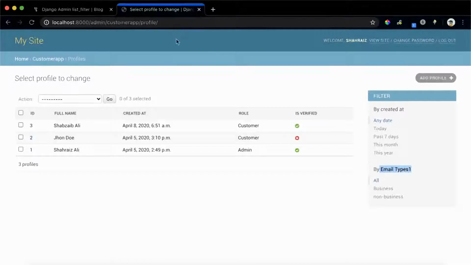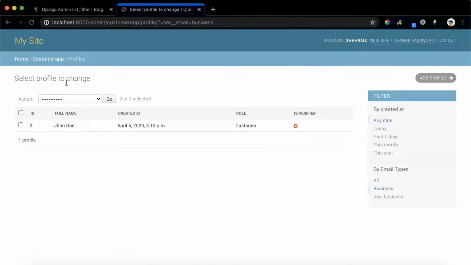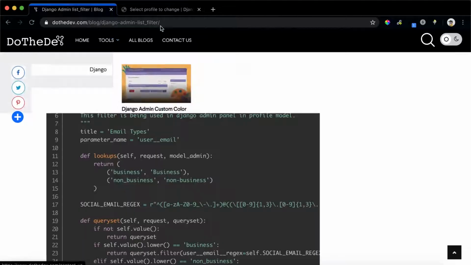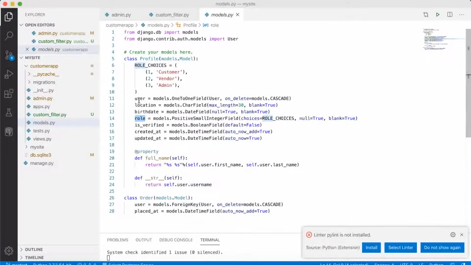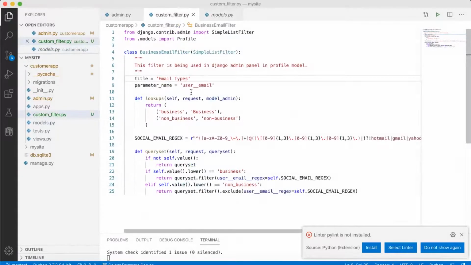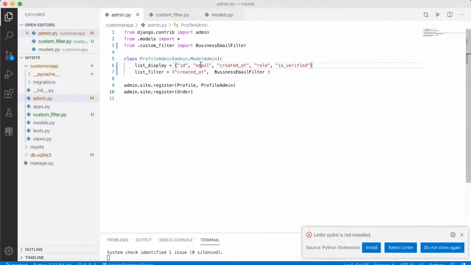Okay, so if I do the business emails, let's actually show the emails here, so we're sure what type of user it's showing. Standard. Actually, I don't have the email in the base, it's inside the user object, so we cannot show something like user__email. This won't work. I've covered it inside the list display customization. So currently